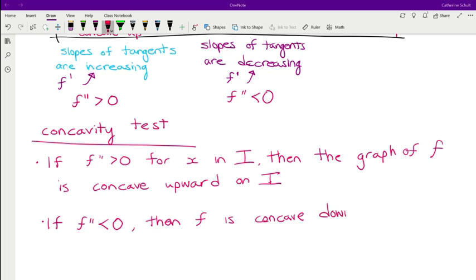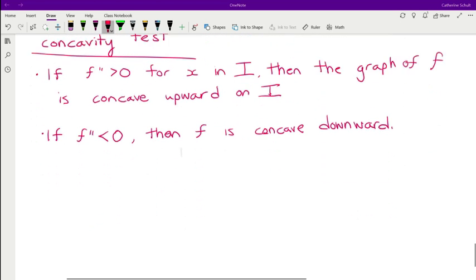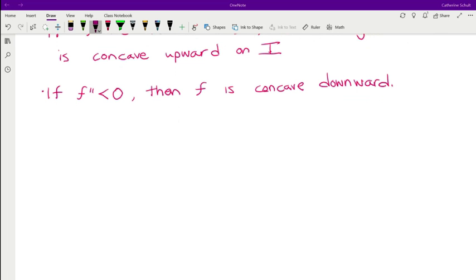I'll abbreviate it here. Concave downward. All right, and then we talked about inflection points, and the inflection points are where the curvature changes. So let's write it out. Let's start over and be more specific. On a curve, a point P on a curve y equals f of x is called an inflection point